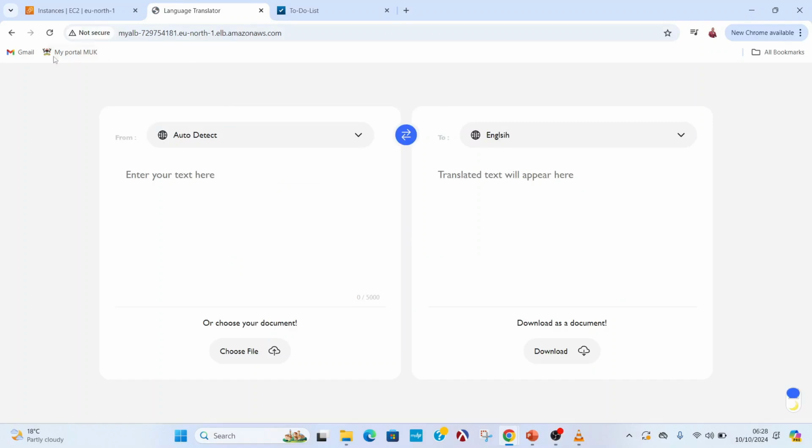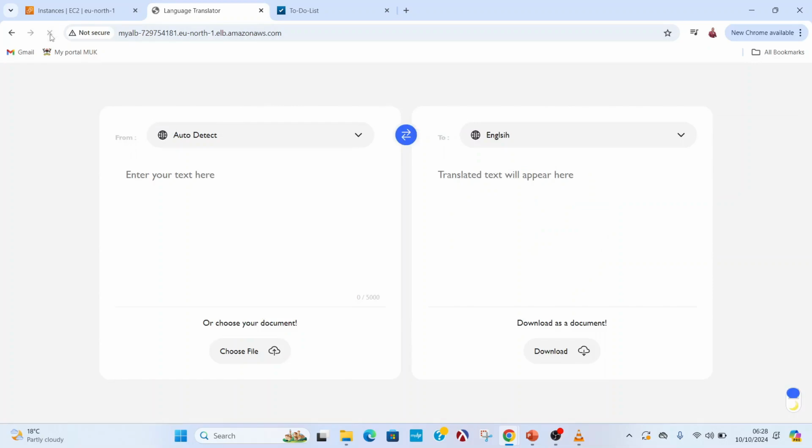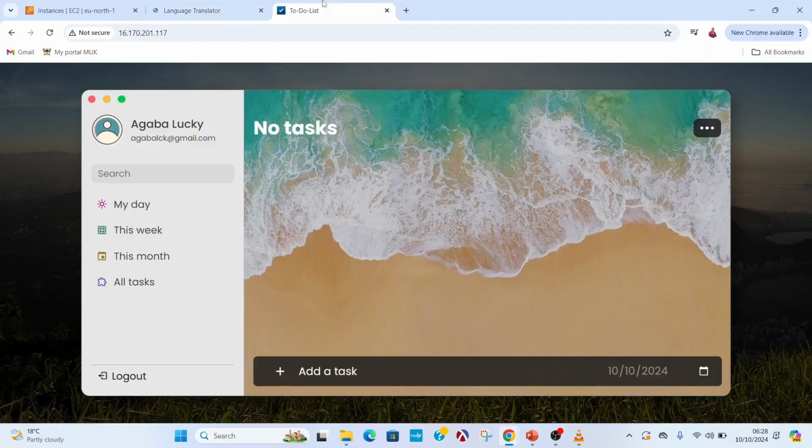So each time I refresh, I should be able to access a different application. Yes, so for now you can see this is my portfolio, where someone can really read something about me. That's my website. Then when I refresh again, I should be able to access my language translator. When I refresh again, I should be able to access my to-do list. Friends,